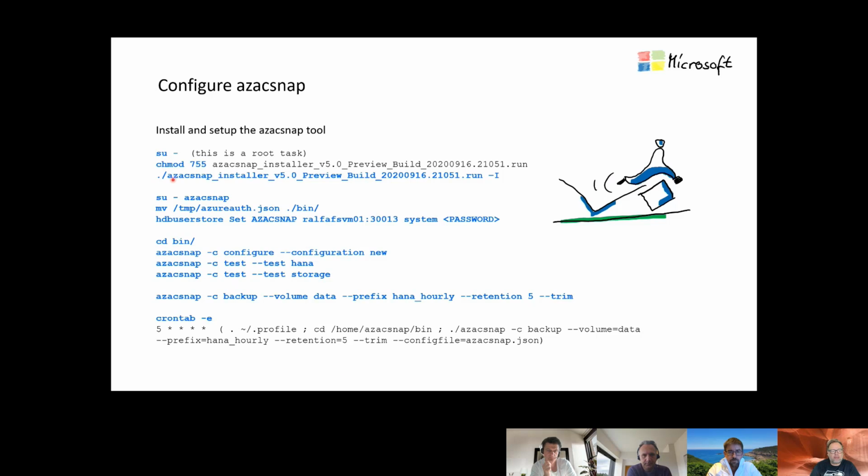Then you create that ASIC Snap. You install that ASIC Snap on your system. That is another point, very important. You create a user store for the database user, because you need a database user to put the database in backup mode, or let's say, to create that HANA snapshot. The internal HANA snapshot, you need a backup user.